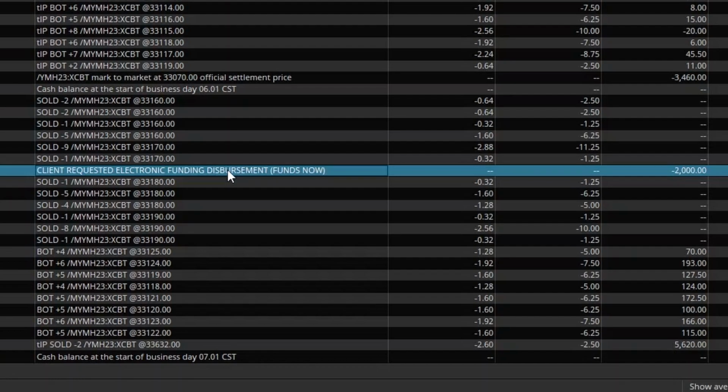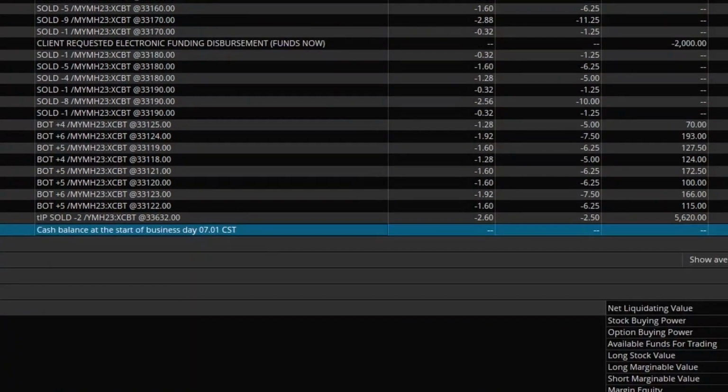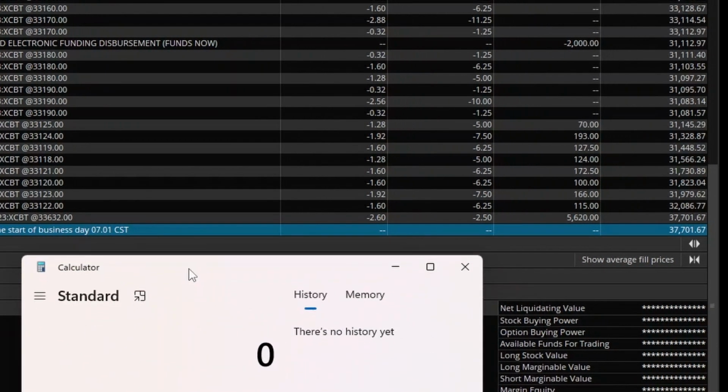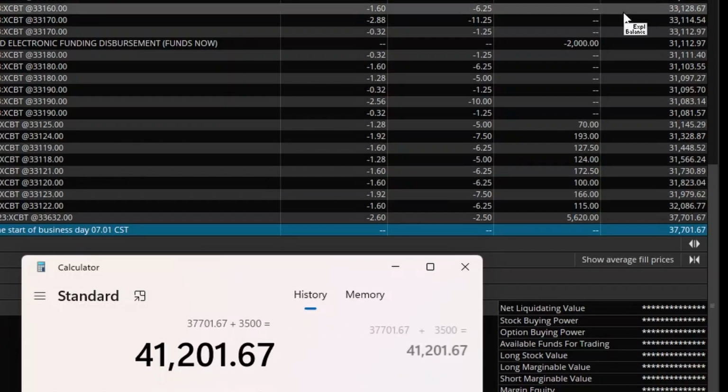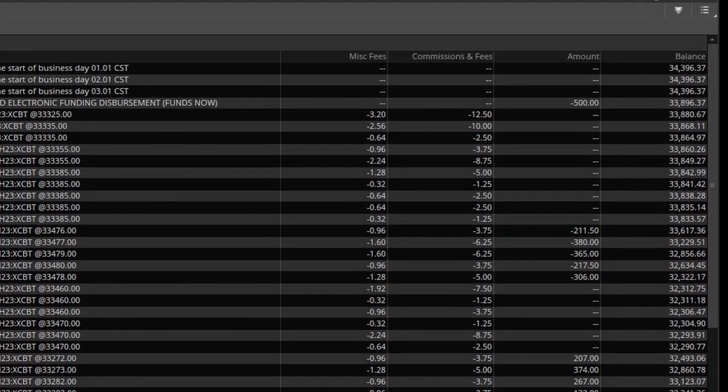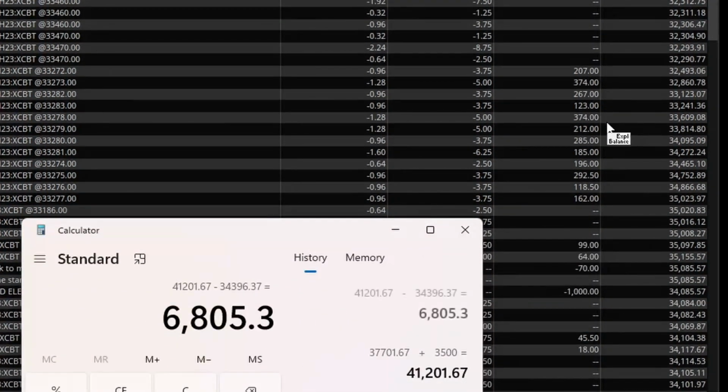And I'll make sure to include that into the ending cash that we have. So let's bring the calculator here so we know exactly how we did for the week. Our ending cash was $37,701.67, but we did withdraw $3,500, so we'll add that back to our ending cash. And our starting cash for the week was $34,396.37. So quite happy that for the week, we had a pretty strong week where we had a net profit of